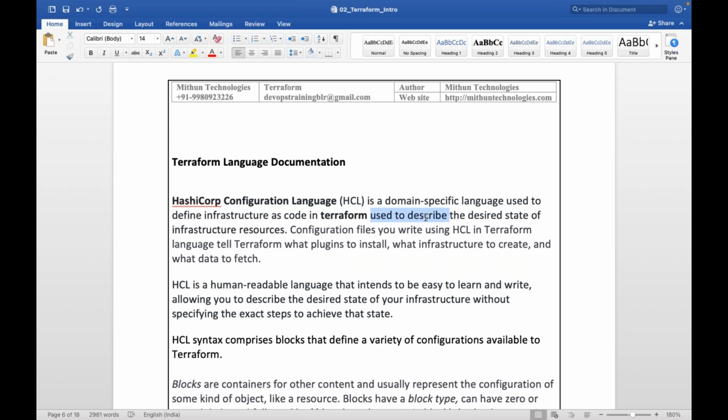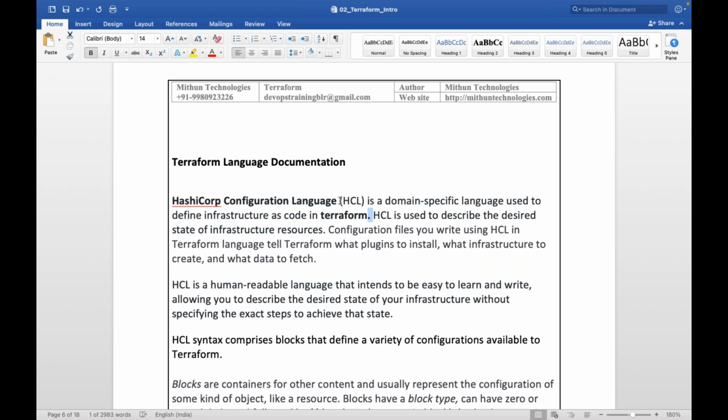This HCL is used to describe the desired state of your infrastructure resources. Using HCL, you are going to write your Terraform configurations. Using HCL, you are going to describe the desired state of your infrastructure resources. The configuration files you write using HCL in the Terraform language